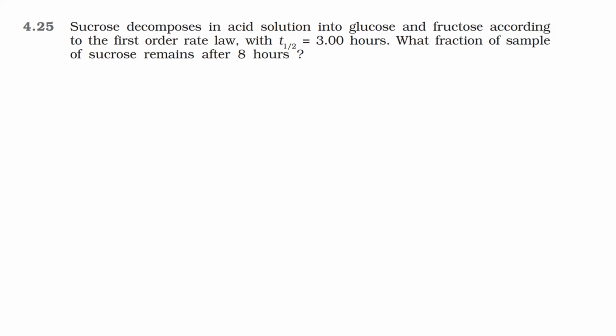Okay, now what will take this problem? You need to do this one. Just I will explain this one. They given T half here. T half is equal to how much they given? 3 hours given. Okay, next, based upon T half you can calculate the K value by using what? 0.693 by T half. You will get the K value now. Okay, now after that what we have to do here?